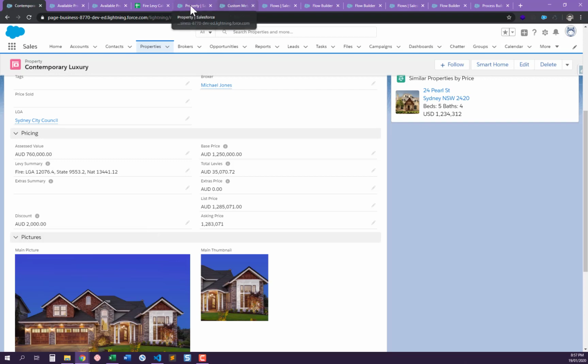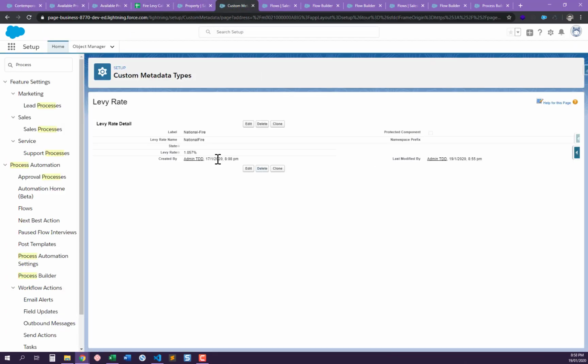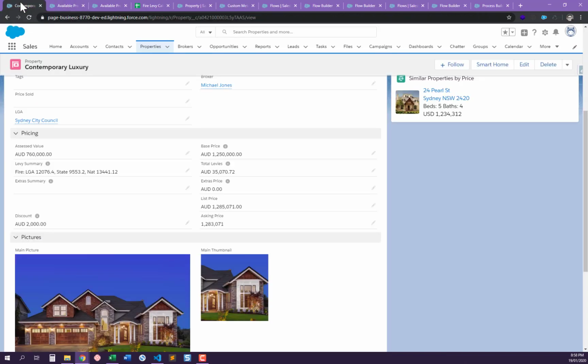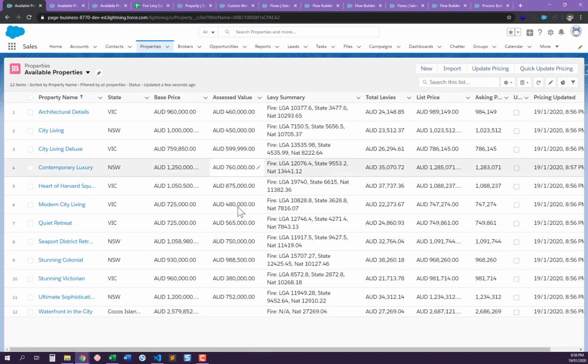But when we updated the custom metadata type, that was an external value. So we need to now recalculate every single record to include that external value, so that that is now included in our calculations. So once again, to summarize, our 3+ tools to bulk update our available properties are